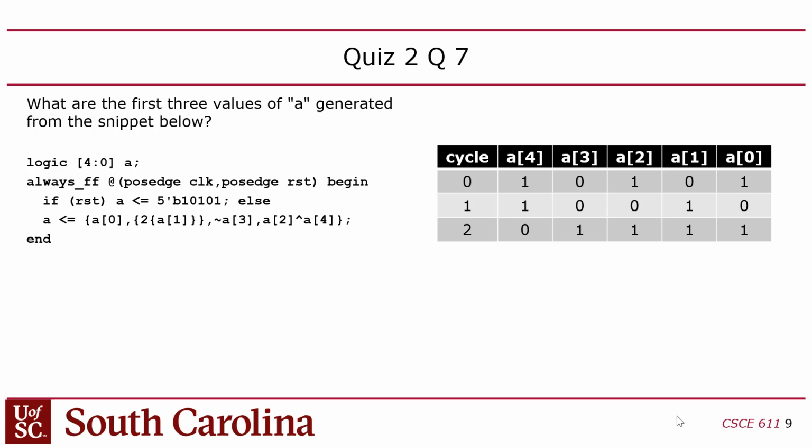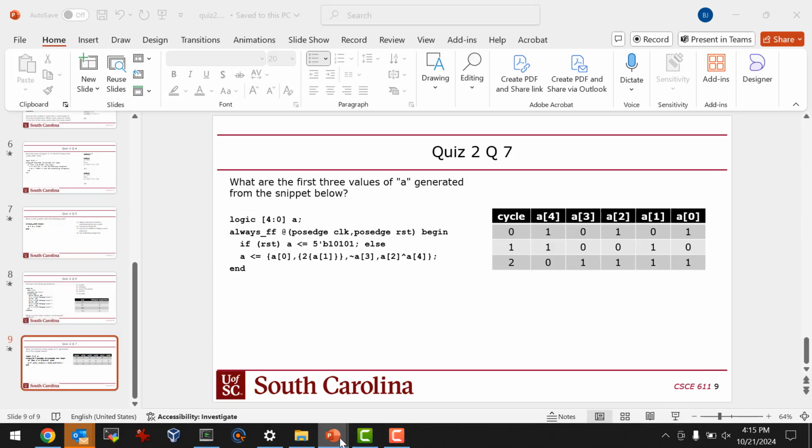And the values of the row above it. Make sense? Okay. All right, that's it for quiz 2. And then quiz 3